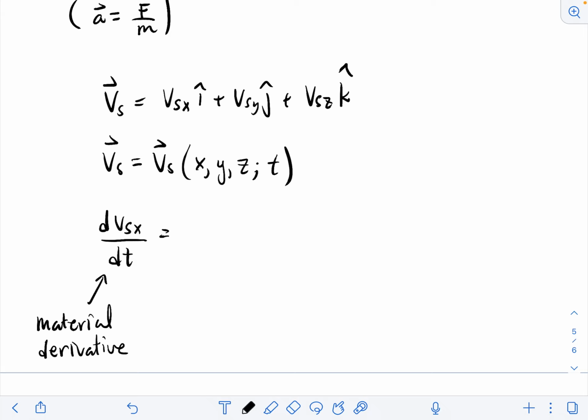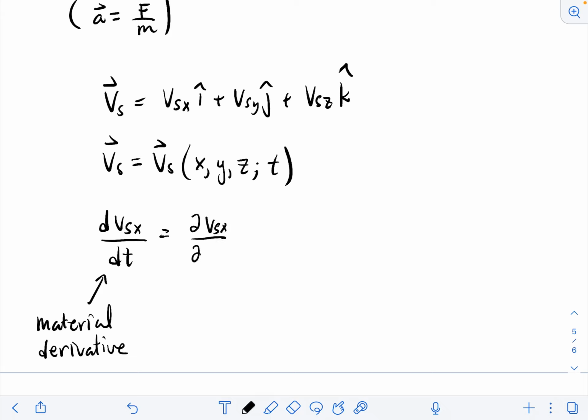So for example, I've written down just the x component. It depends on position and time, but each of the position coordinates x, y, and z has its own time dependence. And so by chain rule, we would have a partial derivative of this x component with respect to x